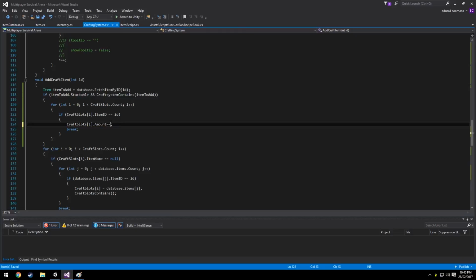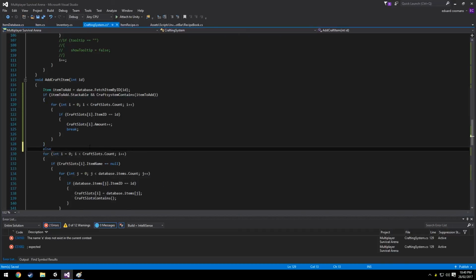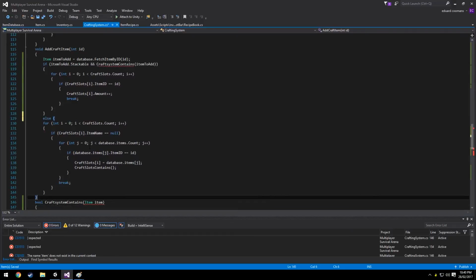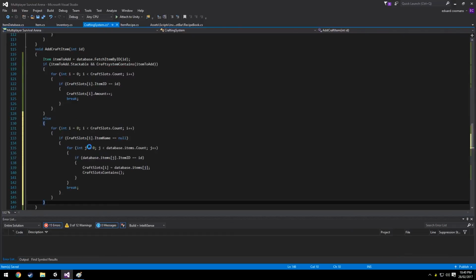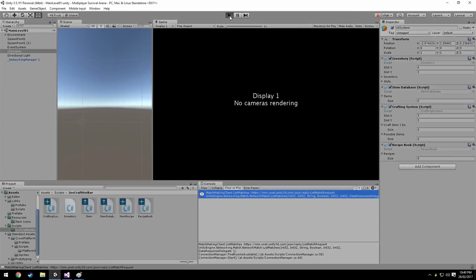Easy enough. And we want to break it off there. We don't want to go any further, and we just say if it isn't stackable and the craft system doesn't contain it, then we want to do the other function. So if we go back to our crafting system, we should be getting,